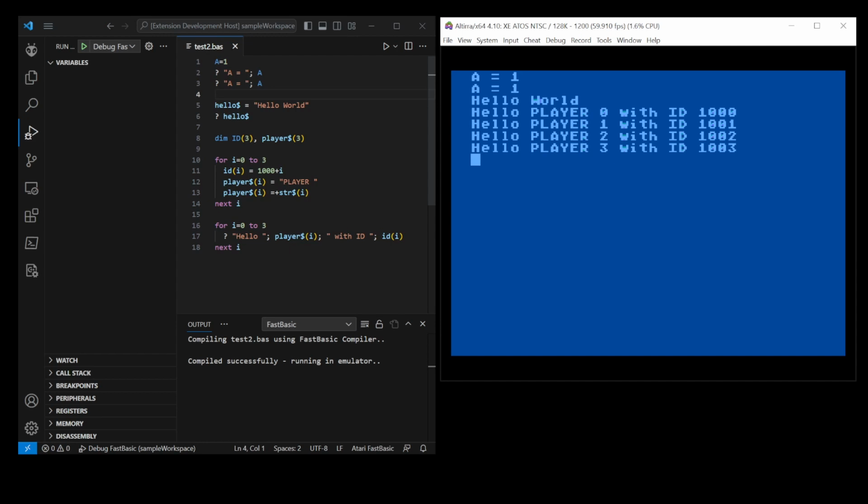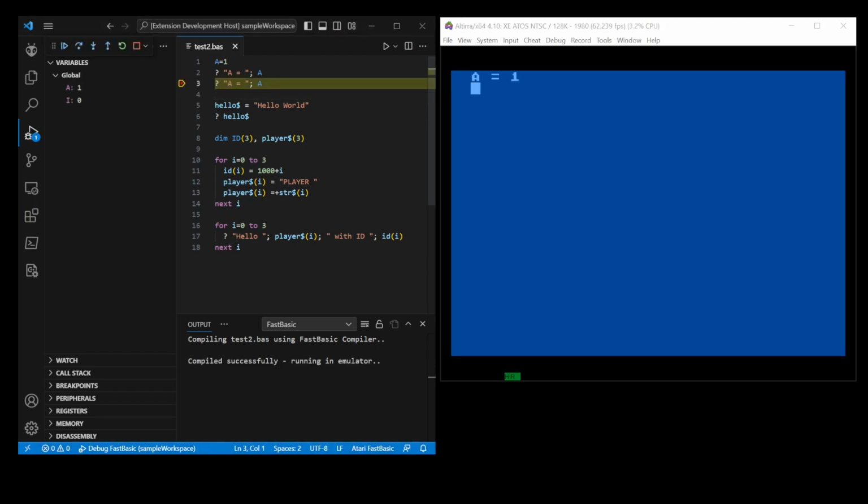So, pretty simple stuff. What I'm going to show is how we can set a breakpoint and step through the code. So I'm setting a breakpoint on the third line here. I'm going to run it again. And this time we see it stops and it pulls out all the variables. Right now only A and I are accessible. The others have not been initialized yet, so it's smart enough not to show the variables that you